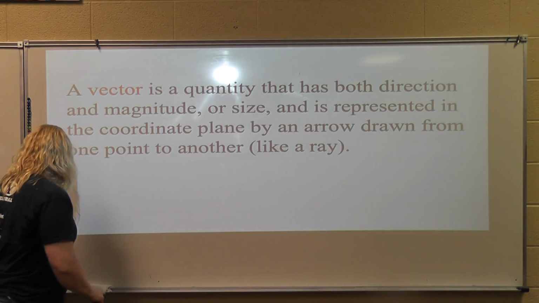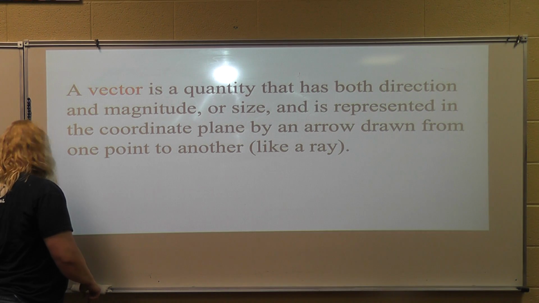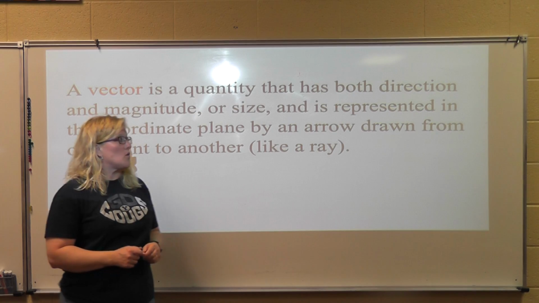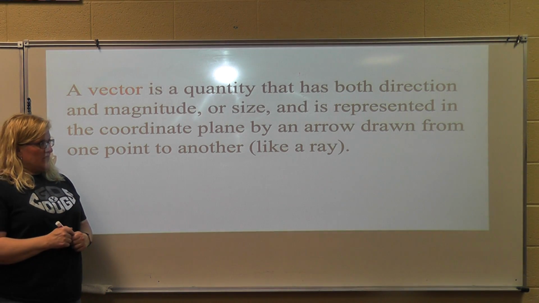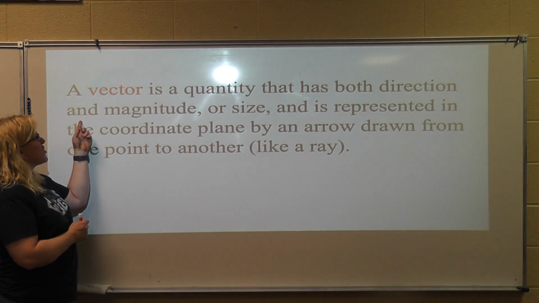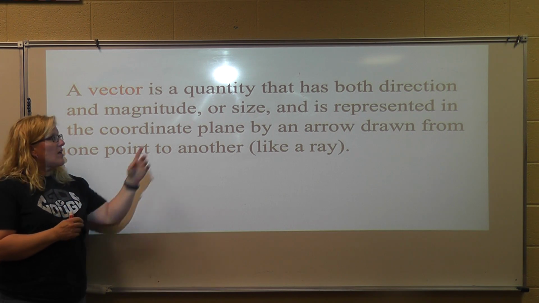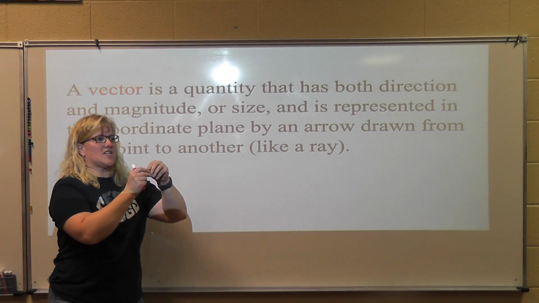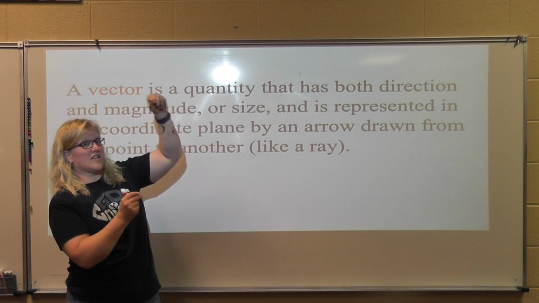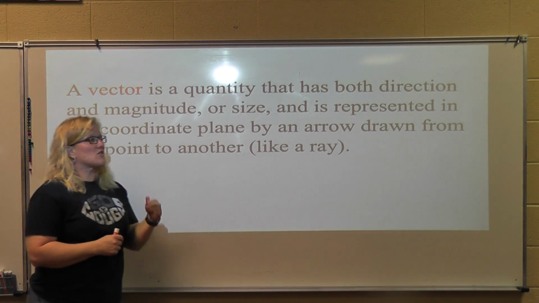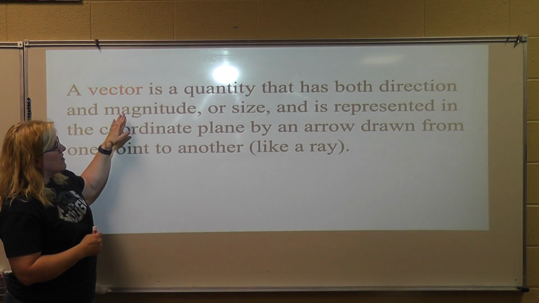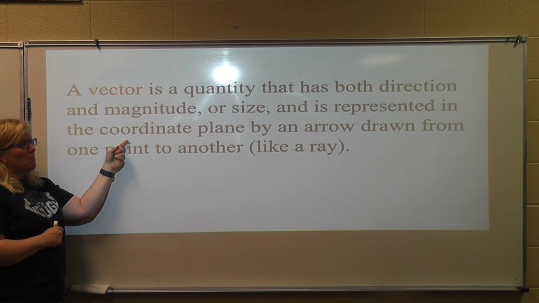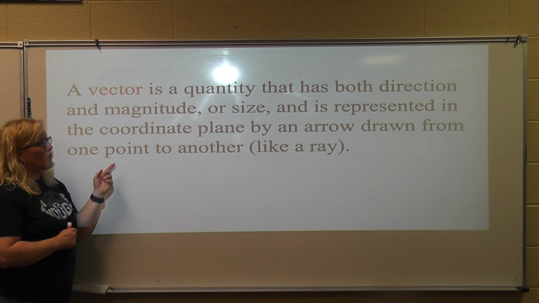Okay, so a vector. We have that wonderful picture of Vector, and in the movie he actually does say what a vector is, which I think is pretty cool. But a vector is a quantity that has both direction and magnitude, okay? Magnitude or size. So it has a size, and it does depend on which way it's pointing, okay? So direction and magnitude, and is represented in the coordinate plane by an arrow drawn from one point to another,